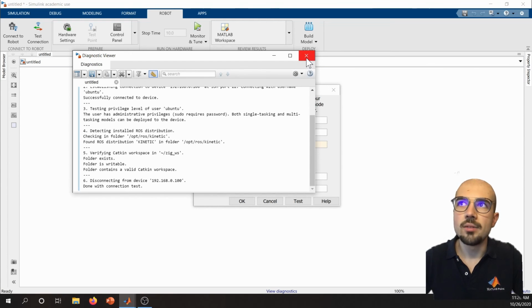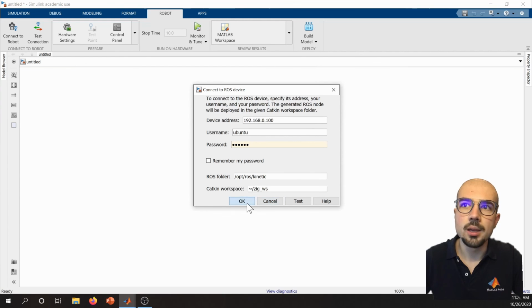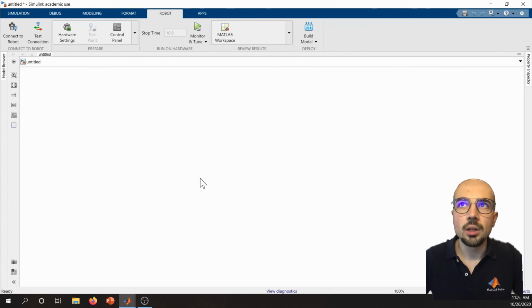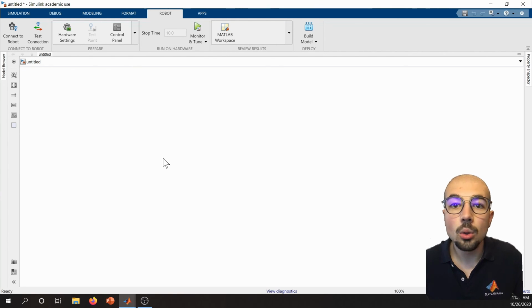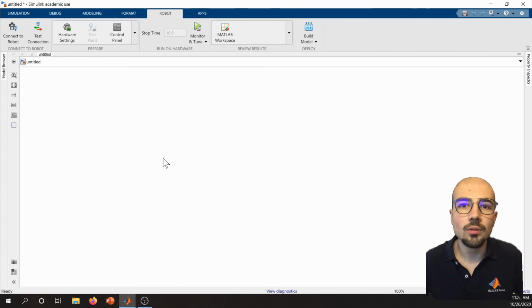So once we have done the test, we can click OK. Perfect. Now here is the ROS node that we can use to develop whatever we want. In particular, in the following series, you will see how to fill up this blank space.